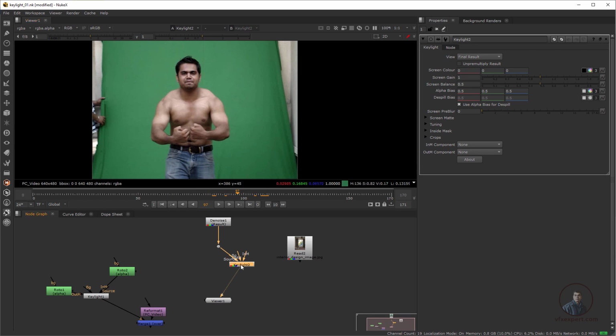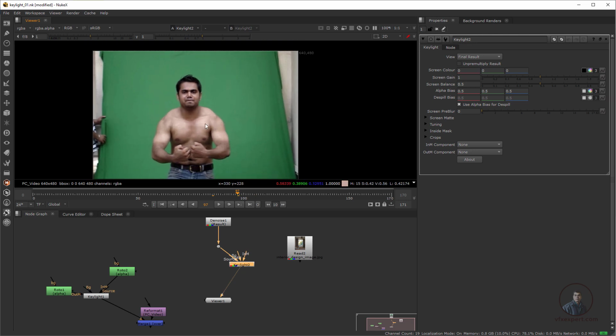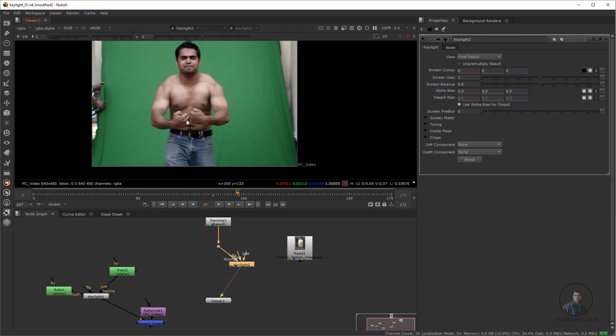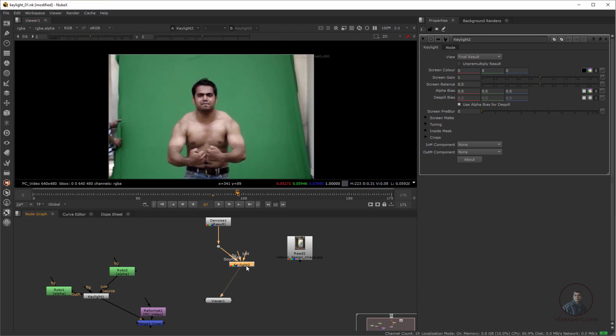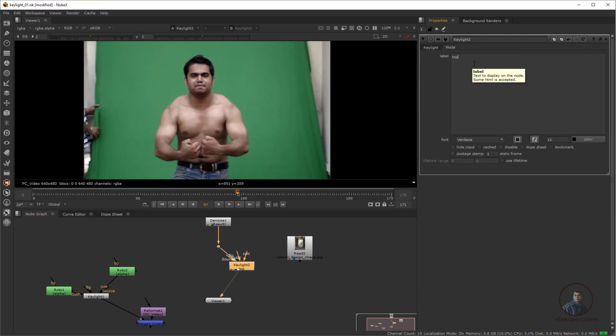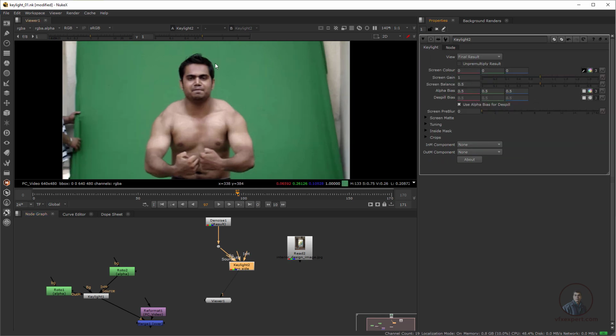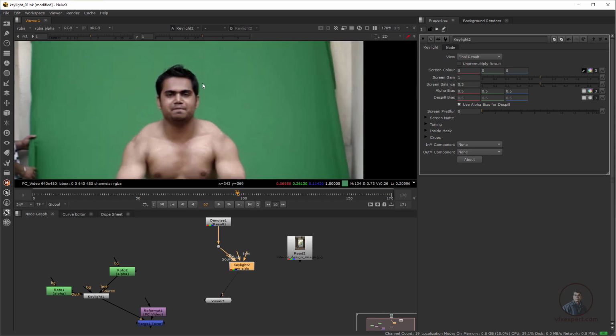So now after this double click here on the key light. Now first just pick our color here. First I am going to remove this background from the top head area. After this we will remove the downside area. Okay, so now double click on our key light, come here and rename it top side. Come here in our parameters, enable the screen color and pick the color from here. Hold control and alt and pick a little bit near to this head area.